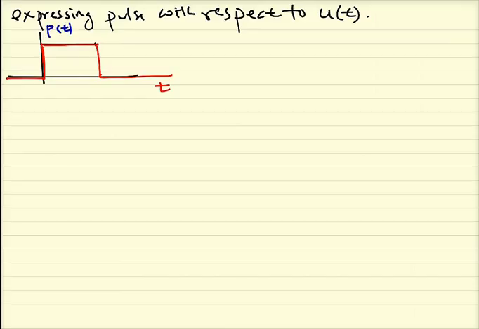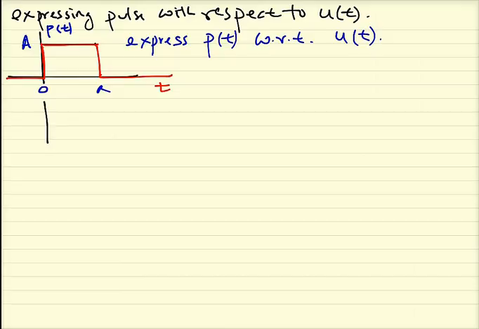You can say p of t, and then this is from 0 to a, right? And it has an amplitude a. So the question is: express this p of t with respect to u of t. So how do you do that? And it's very easy to do that with respect to u of t. So you see here,